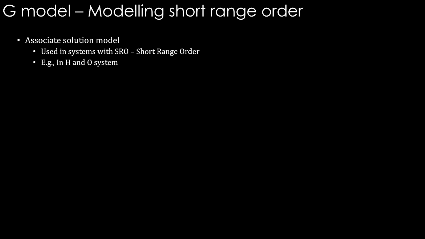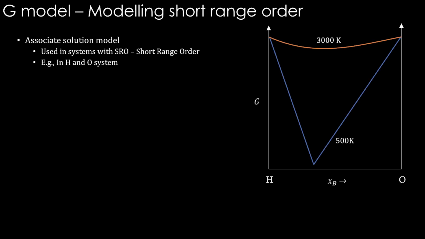For example, in the hydrogen-oxygen system, this is a gas system where we see these different G versus X curves at 500 and 3000. Gibbs energy at 500 and 3000, including all possible molecules, meaning this is for the entire system. That is, constituents: all possible molecules, in the sense H, O, H2, O2, H2O, all the different species that are possible within these two, and all of them actually form. So mixing all of them, what is the Gibbs energy? That is plotted here.